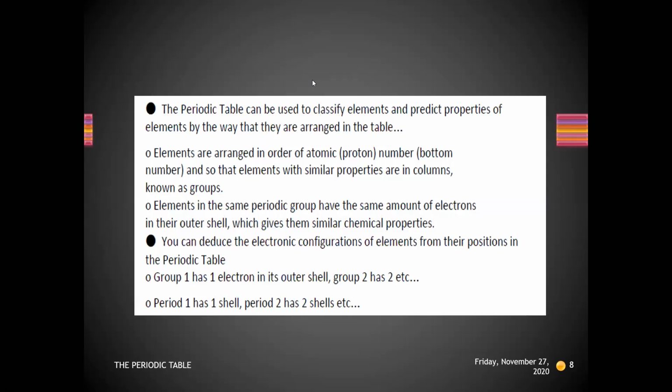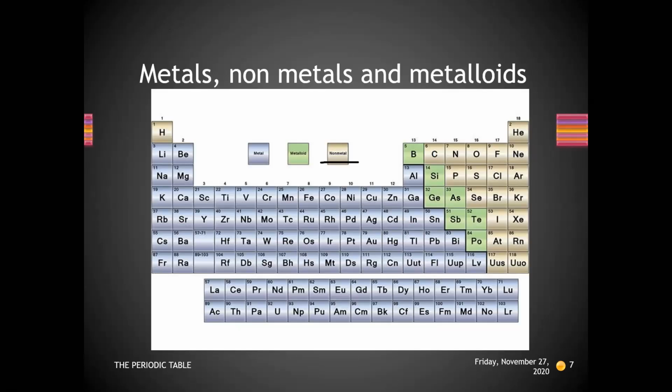So basically, what is a periodic table? As we discussed, the periodic table can be used to classify the elements and predict the properties of elements, how they are arranged. And elements are arranged in order of atomic number or proton number. You can see here in this periodic table,